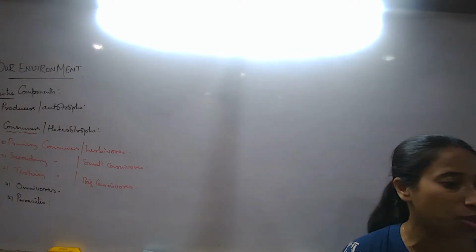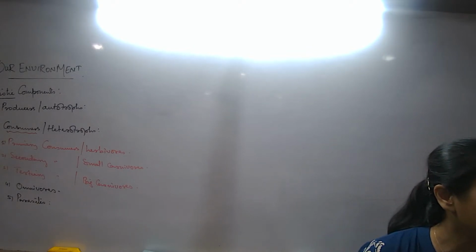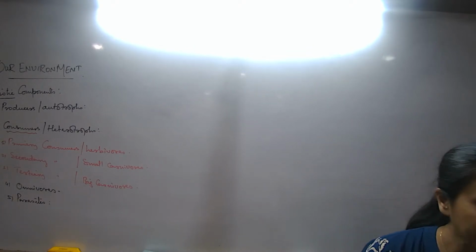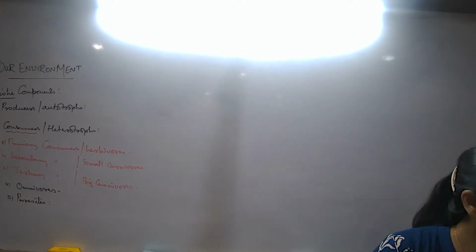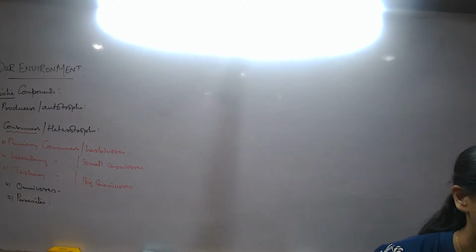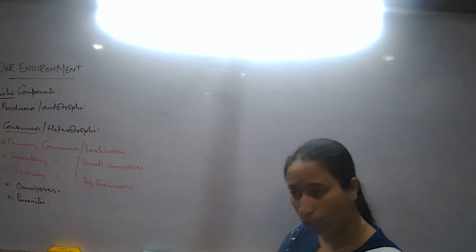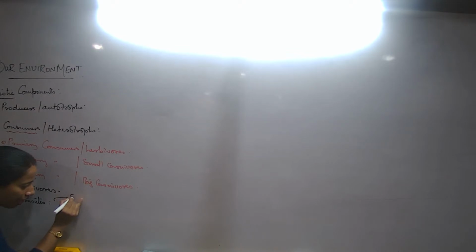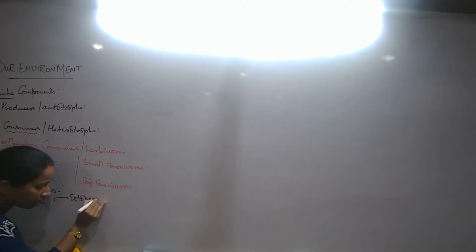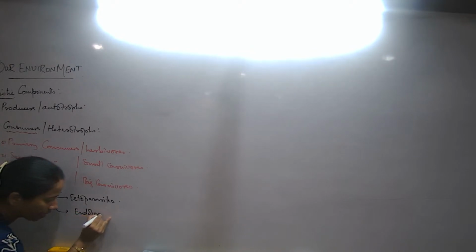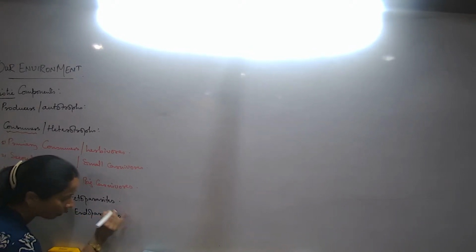So when we are talking about parasites, these organisms are always dependent on a living host, feeding on soluble nutrients from the body of the host, either remaining attached to the outer surface of the body or entering inside. If they remain attached to the outer surface of the body, these are known as ectoparasites. If they enter the body and then derive the nourishment, then they will be termed as endoparasites. Let us talk about one or two examples of each category.